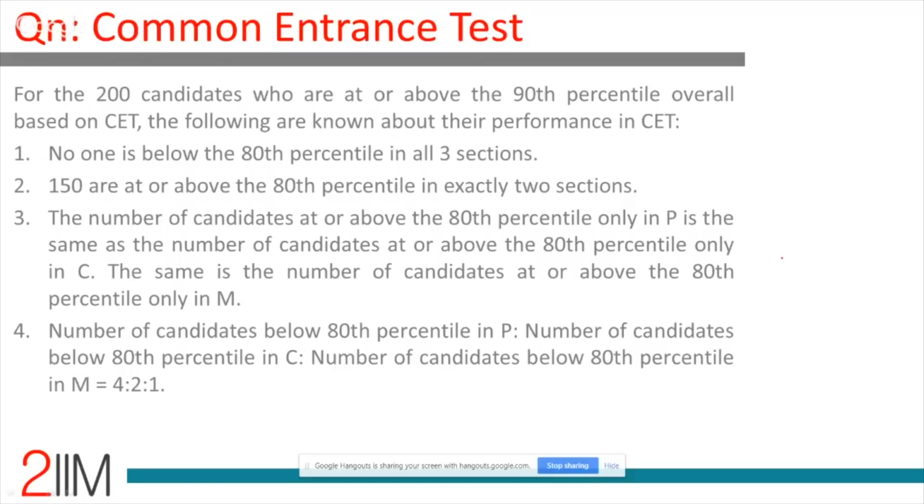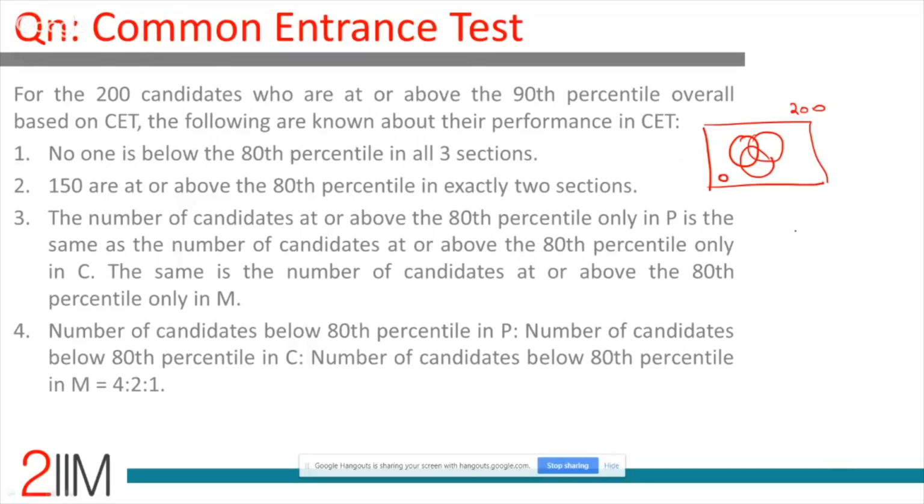No one is below the 80th percentile in all 3 sections. Straight away, by this time, you should have said, oh my God, this is one of those sets where we're going to draw something like this. 200 overall, 0 here. You should be on that track by the time you read this. If you're not on that track and you're going to write a series of constraints and equations, you've not sensed Venn diagram yet, then you're in trouble. Then you need to go revisit set theory and logical reasoning, do lots of questions where this language comes into play. Being given physics, chemistry, and math, you're told at least 2.